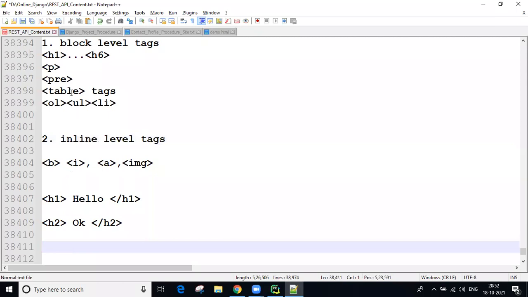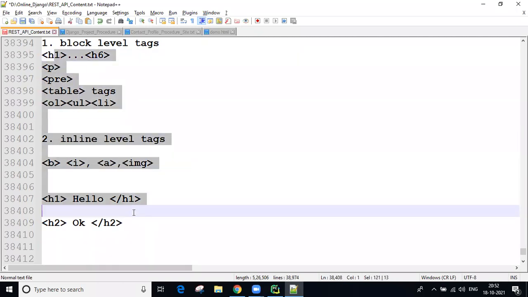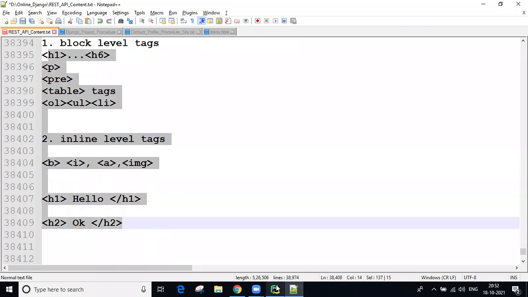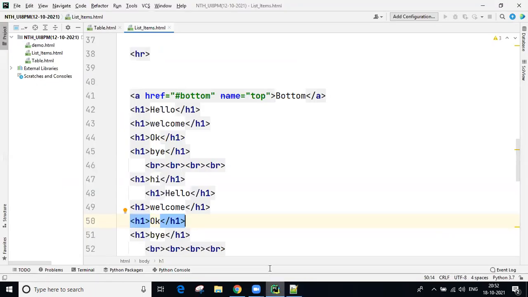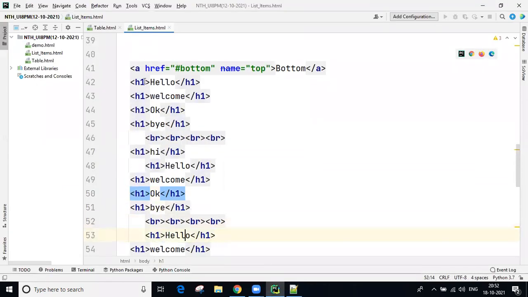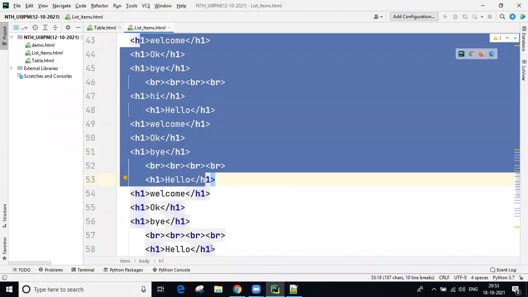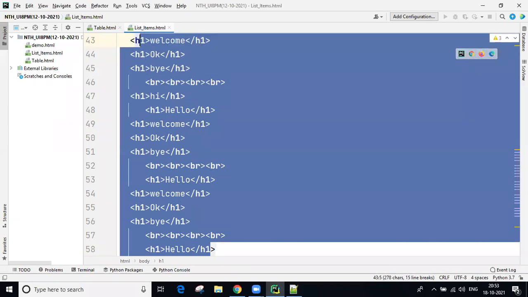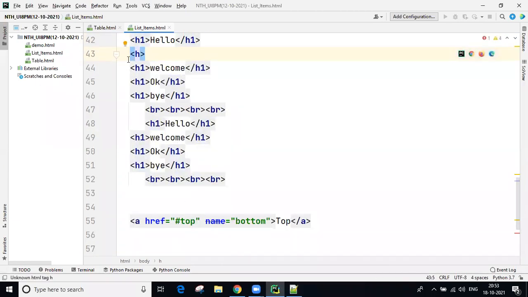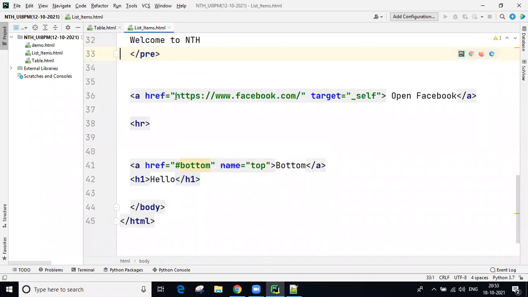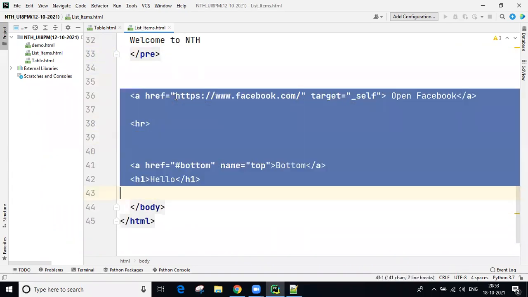Remember, guys, today you are going to get this information also, these notes also. Block level tags information with examples, inline tag information with examples. And if you want, you can display some content here. So all these examples you are going to get in the material. So I'm going to remove this here, guys. No need for this one. This content I'm going to remove. Links related material you will get separately. Okay, up to here I'm removing.